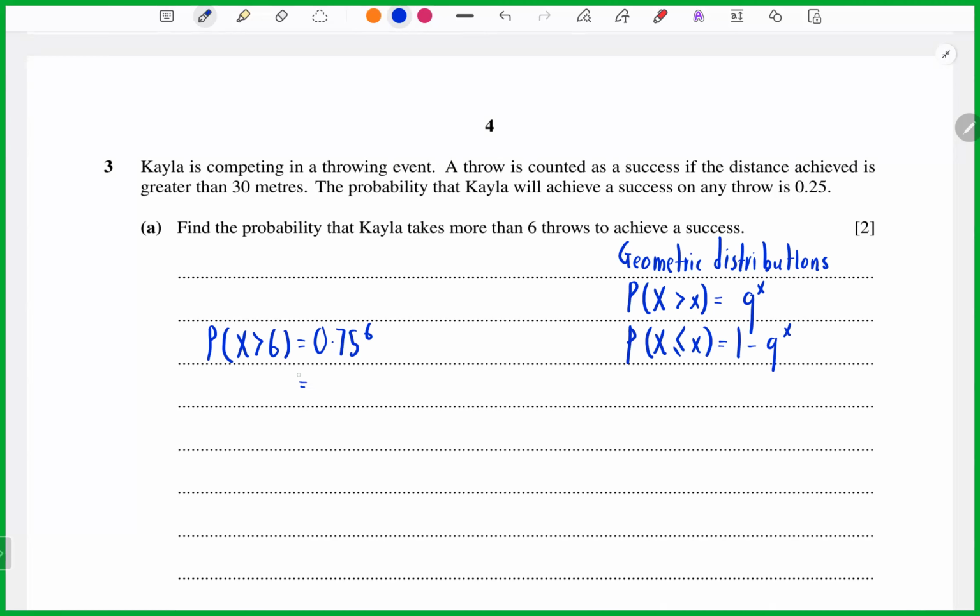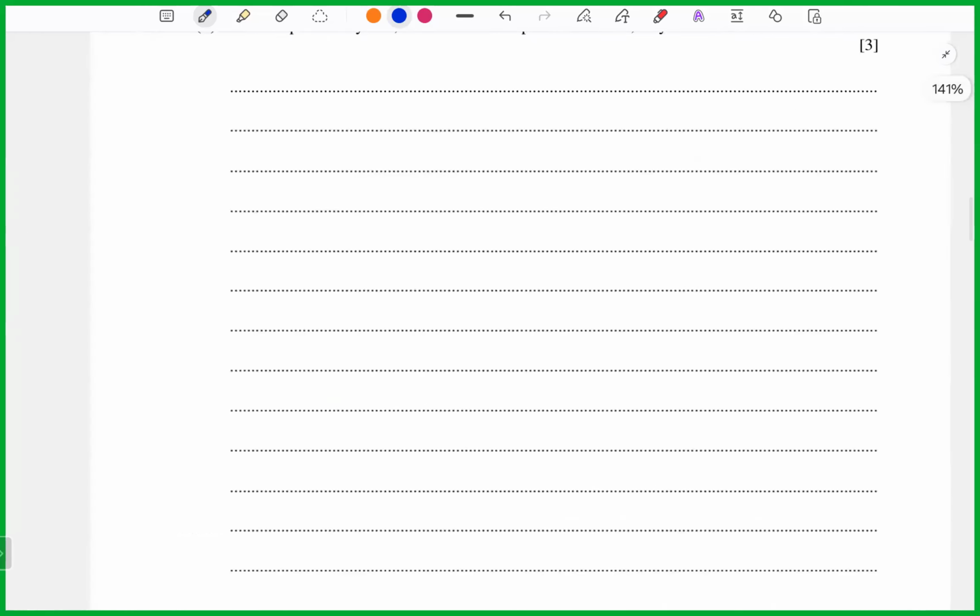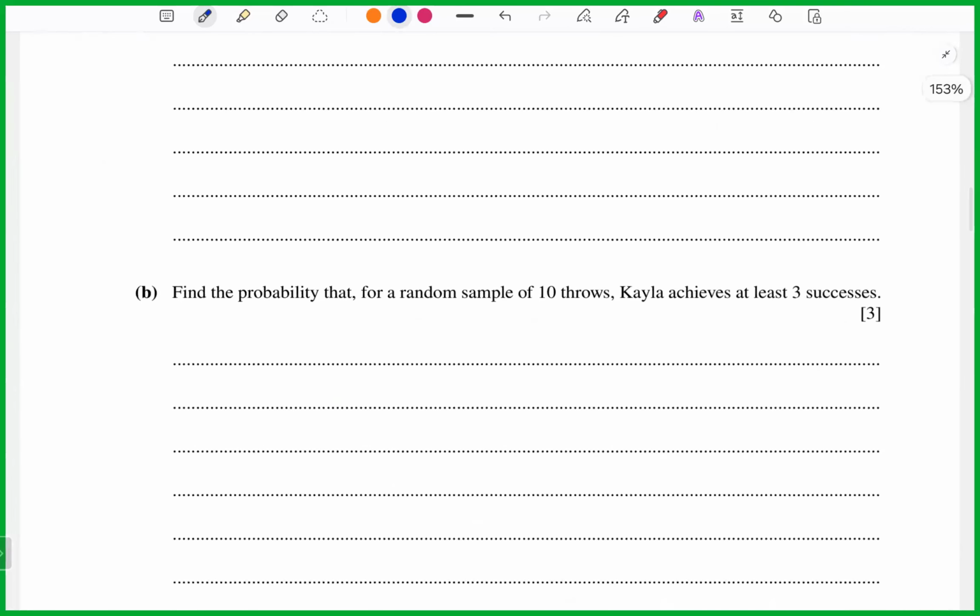Okay, so you will get the answer is 0.17x. Make sure your answer is in 3 significance figures. Okay, let's see question B. Find the probability that a random sample of the 10 throws can achieve at least 3 successes. Okay, for this question, you need to apply the binomial